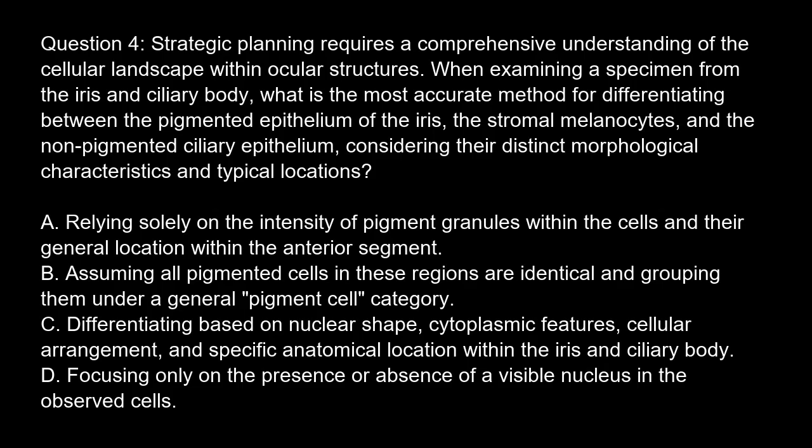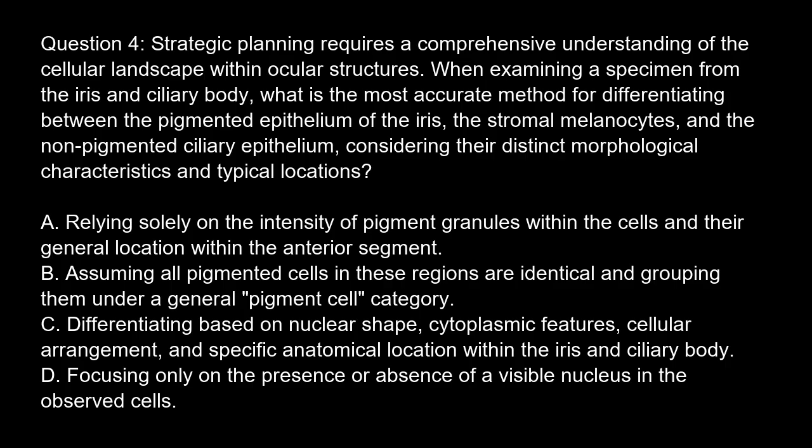Question 4. Strategic planning requires a comprehensive understanding of the cellular landscape within ocular structures. When examining a specimen from the iris and ciliary body, what is the most accurate method for differentiating between the pigmented epithelium of the iris, the stromal melanocytes, and the non-pigmented ciliary epithelium, considering their distinct morphological characteristics and typical locations? Option A. Relying solely on the intensity of pigment granules within the cells and their general location within the